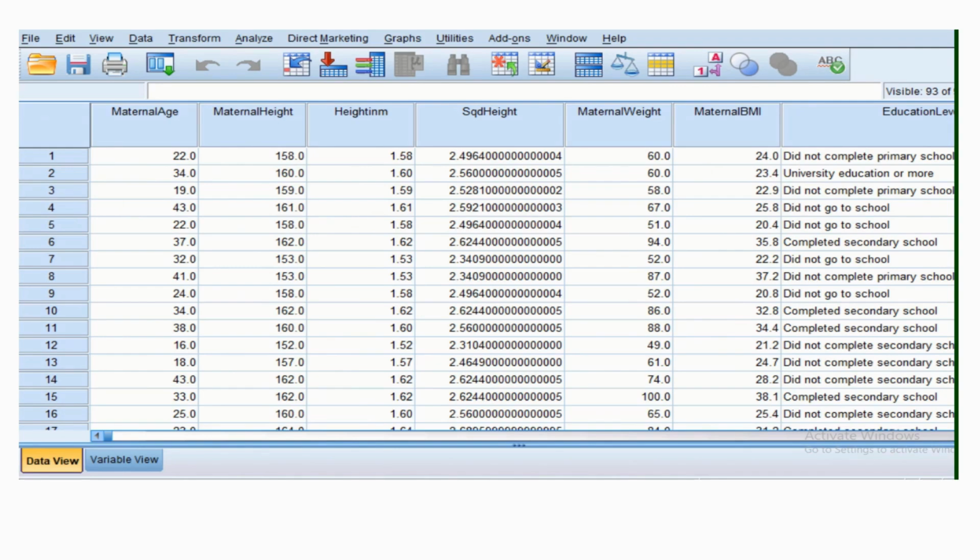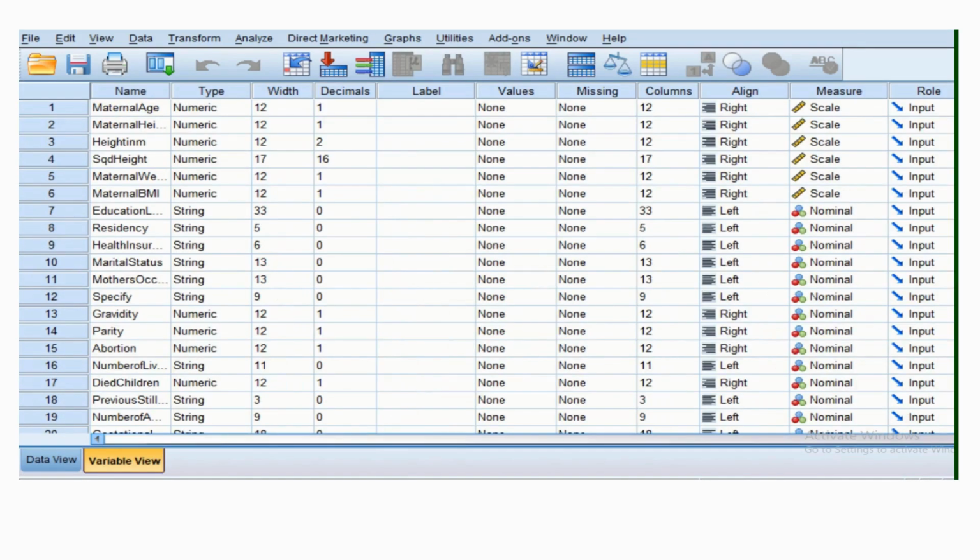On this we have different columns. Each column is presenting each variable, of course. Let's start with the variable of maternal age. You see this variable was measured in numbers, of course. That's why it is numerical continuous. So once we go to the variable view, this is the first variable, which is maternal age, which is numerical